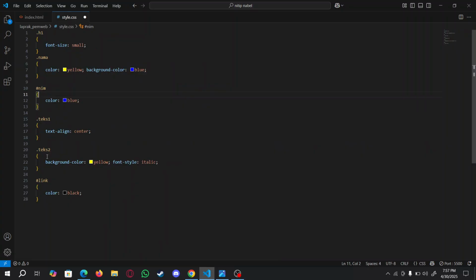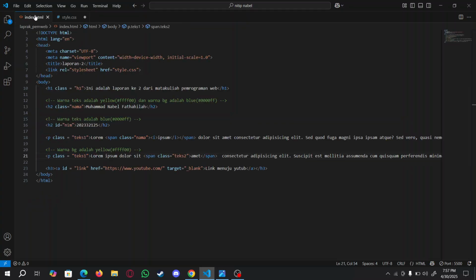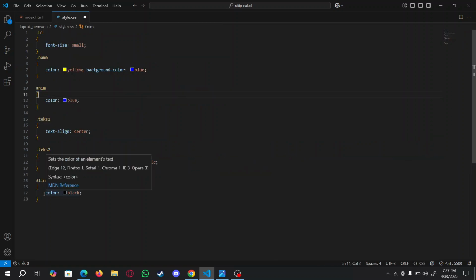It will change the background color to yellow and make the font style italic. And for the last line, which is id equal link, I just made the font color black.